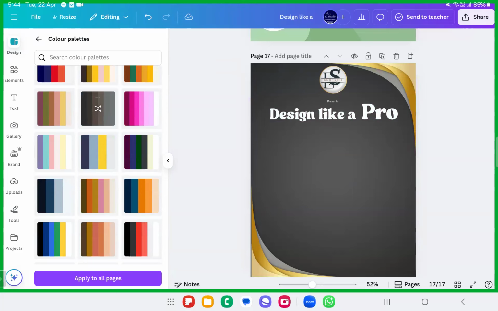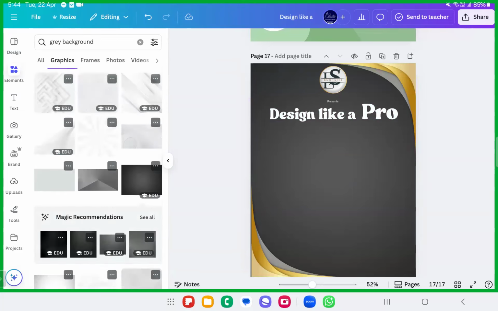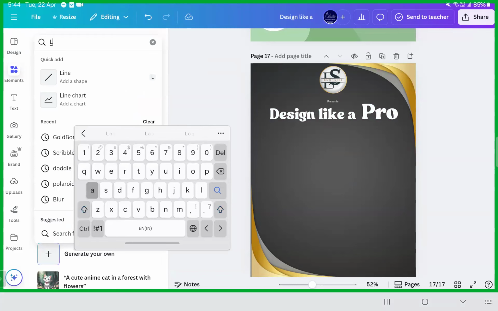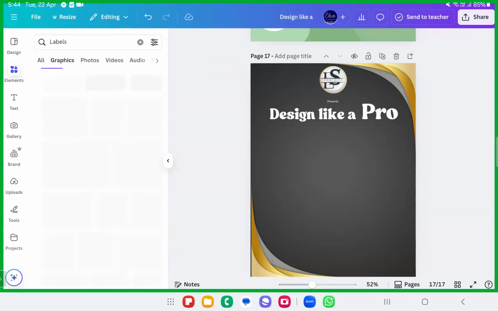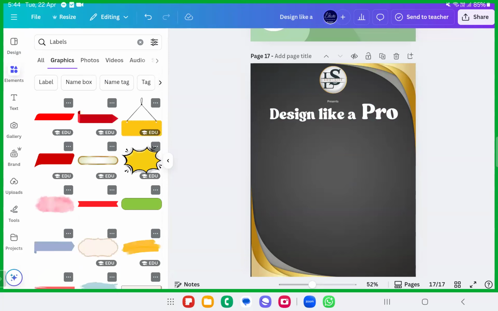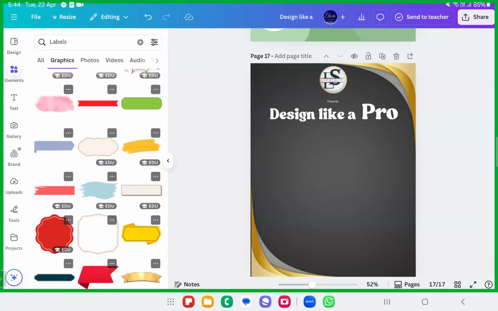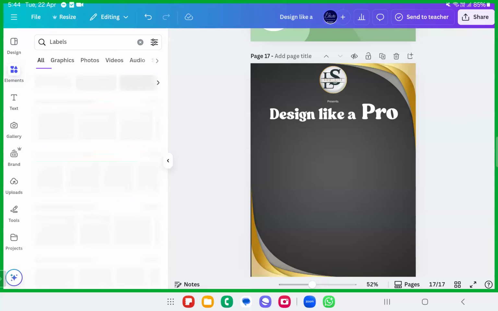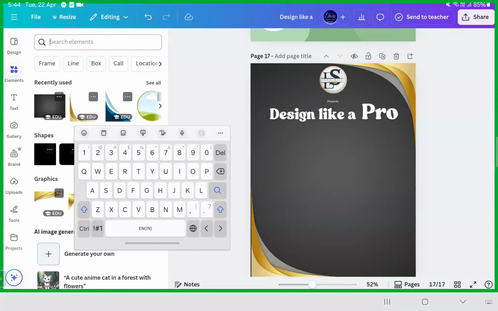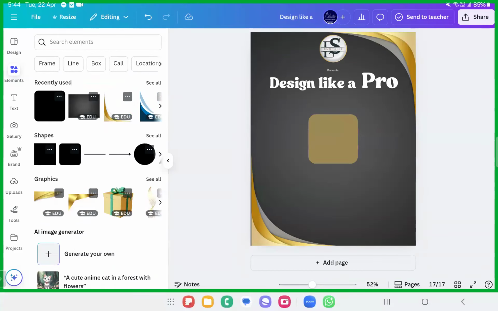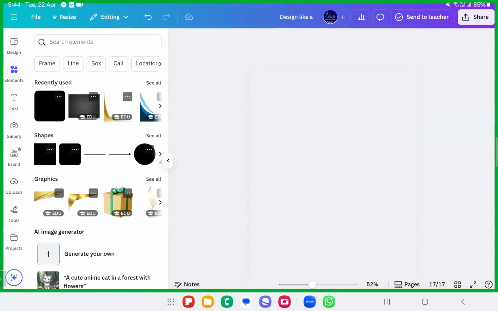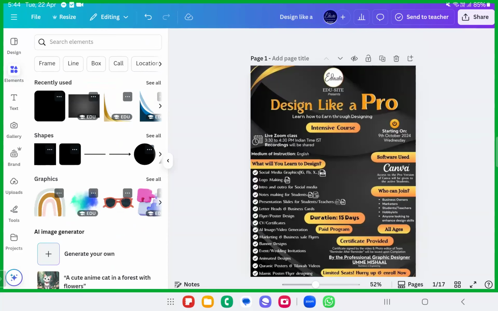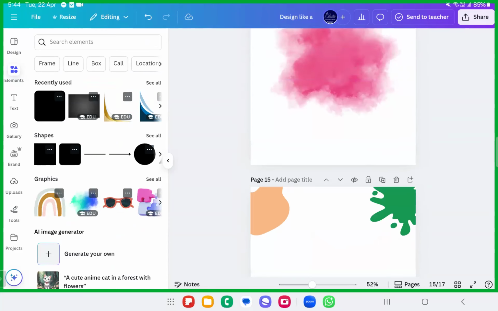Fine, and this way. Now, dear sisters and brothers, you can use the labels. Only these many things were used in that. Labels, simple labels. When used, for example, these shapes can be used. Or else you can create your own labels. Over there, how I did it was this one: I have taken this shape over there and inserted it like this. Can you see that? This is the shape that I had taken.